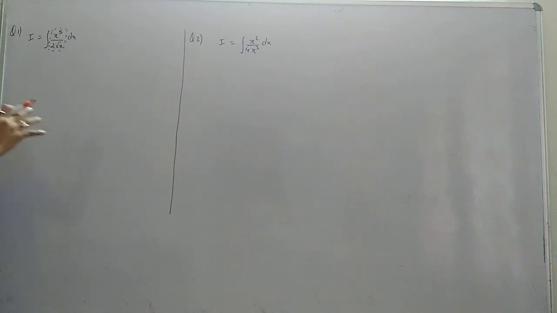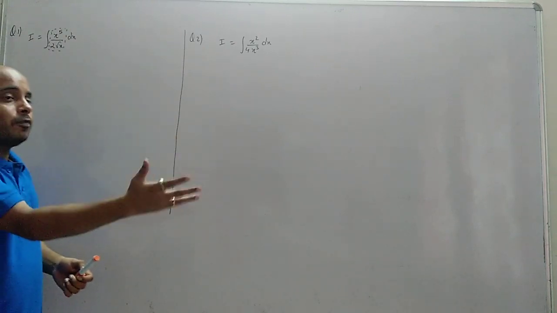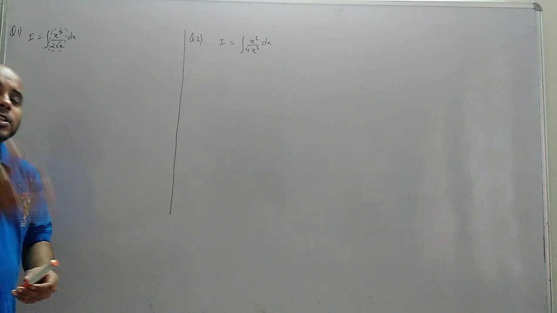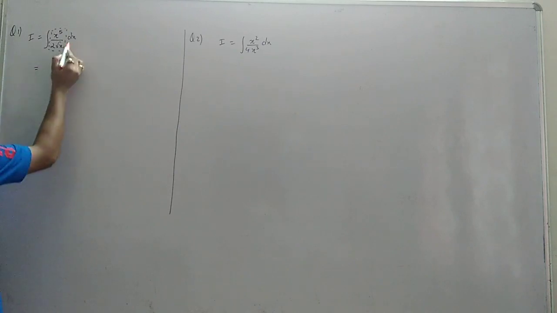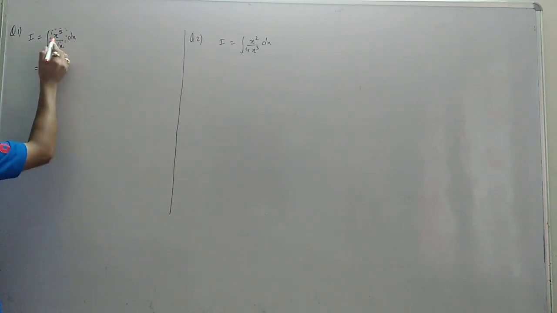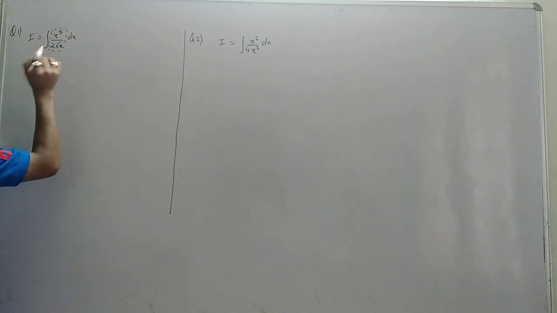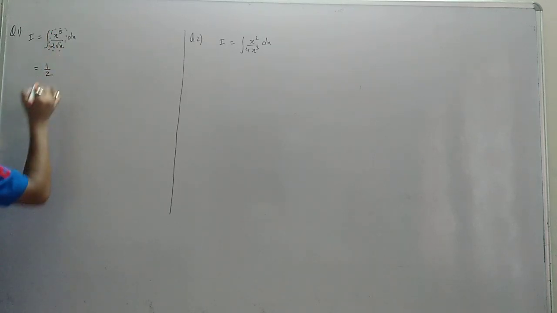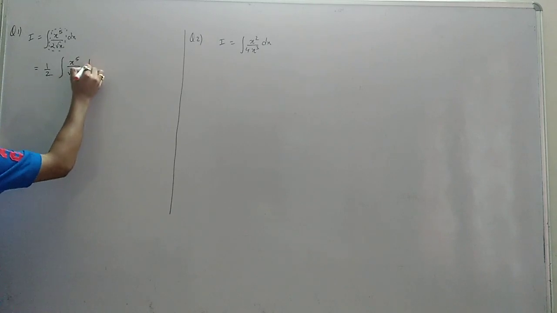Now, same concept we used in differentiation. First we try to take the constant outside. Then we see whatever is left inside, is it making the formula or not. If it's not making the formula, we try to simplify. If it's not simplifying, then we go for the chain rule. The same process we follow here also. First, what is the variable? We have dx here, that means x is the variable. So we have x here, we have x here. That means x to the power 5 is a variable, root x is a variable, but 2 is a constant. So what is the constant here? 1 by 2. So 1 by 2 will come out. So what is left? Integration of x to the power 5 by root x dx.